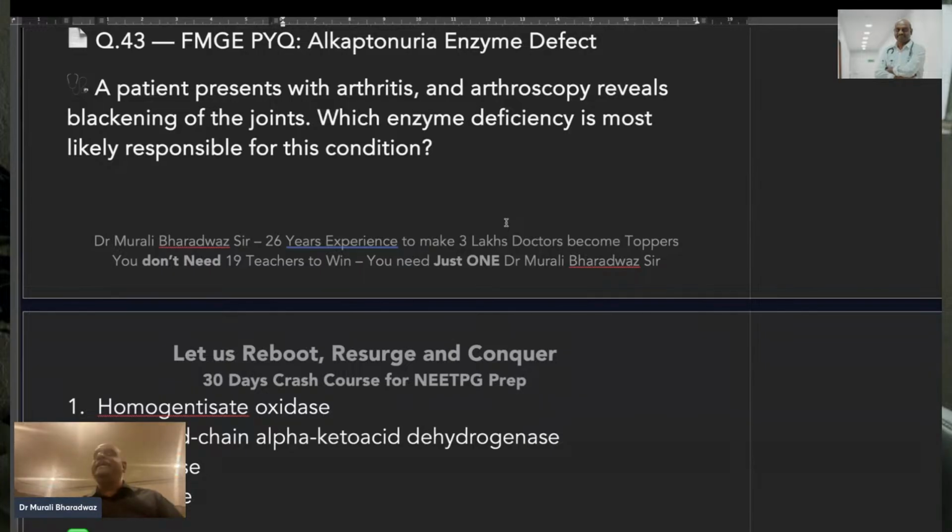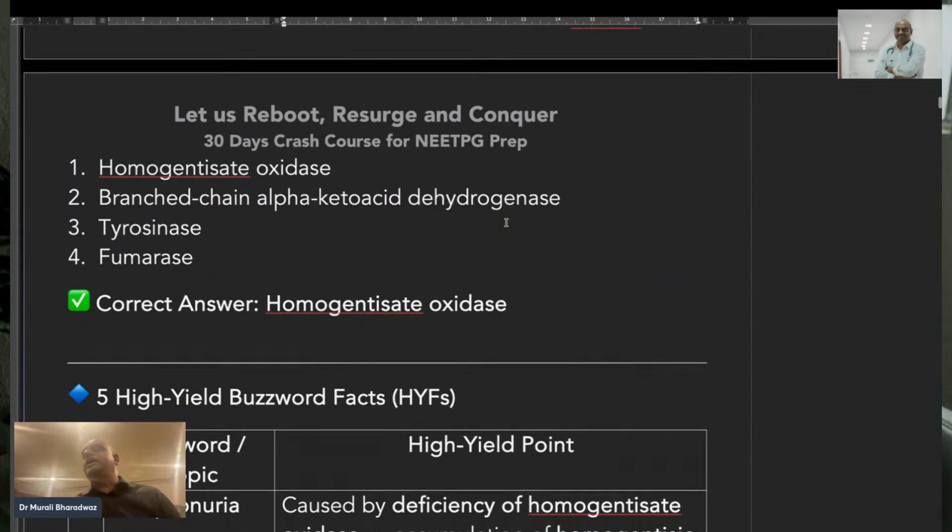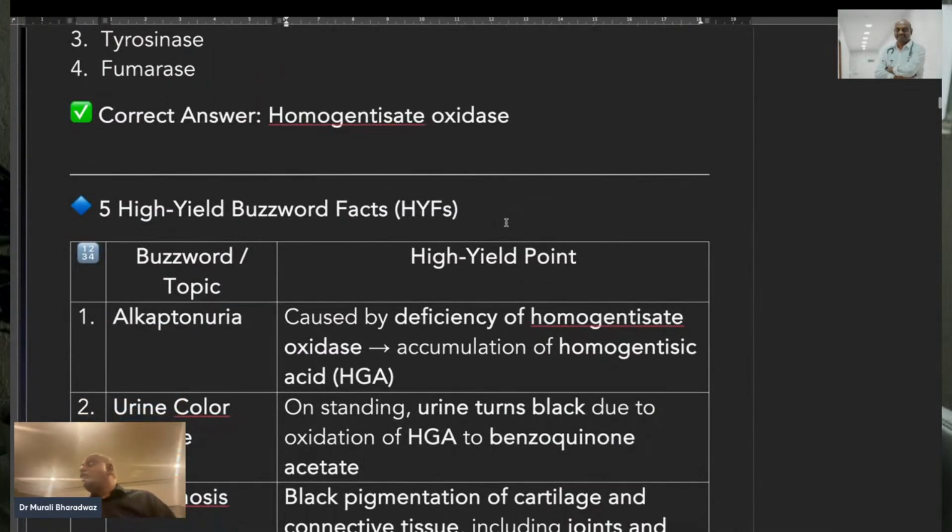A patient has arthritis and arthroscopy shows blackening of the joint, which is called ochronosis. Ochronosis is typically because of alkaptonuria, which is caused by the deficiency of homogentisate oxidase with the accumulation of homogentisic acid. That is what you need to remember. First, write down alkaptonuria,